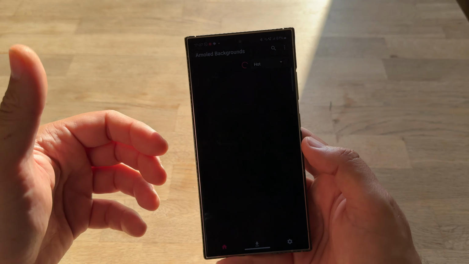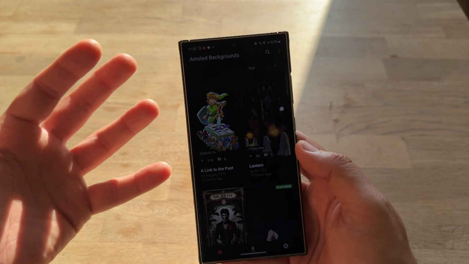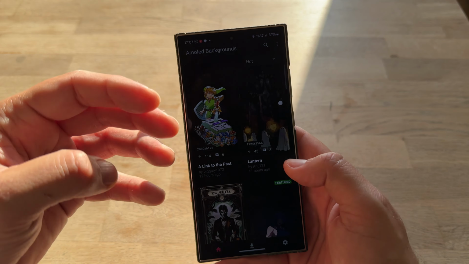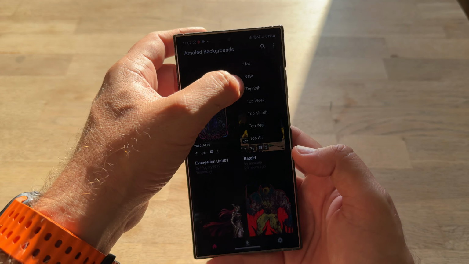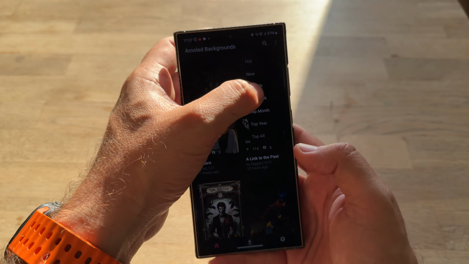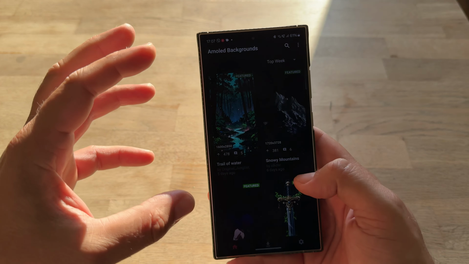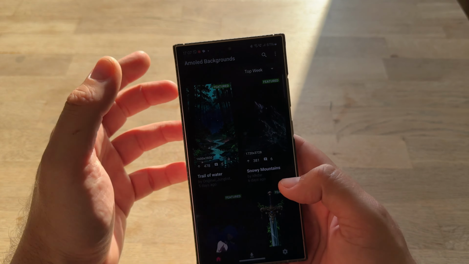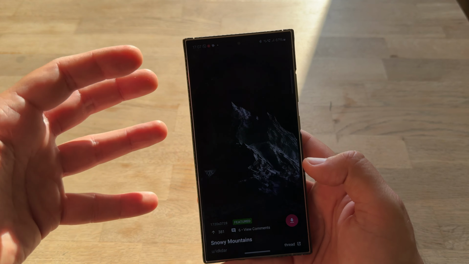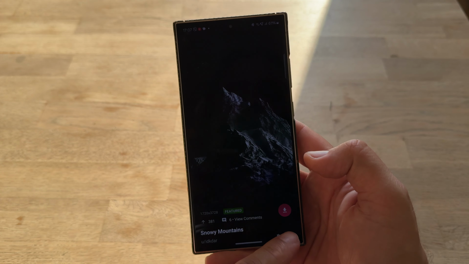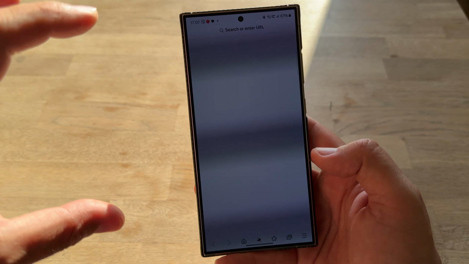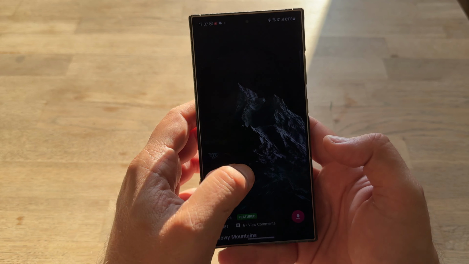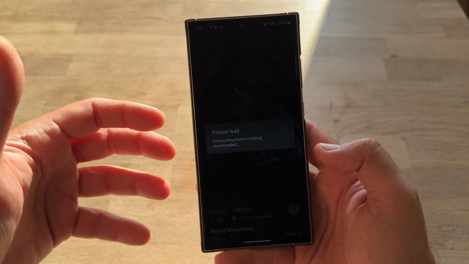It's called AMOLED Backgrounds. What this app does is scrape wallpapers created by creators and published on Reddit. And you can check the new ones, or let's say the top for the week or for the month. And it's called AMOLED Backgrounds because it's really suitable for AMOLED displays. Every time you click on a wallpaper, you'll be redirected to the Reddit link. So there is the thread, you can go on the thread and download from there, or download it directly from here with the full available resolution.